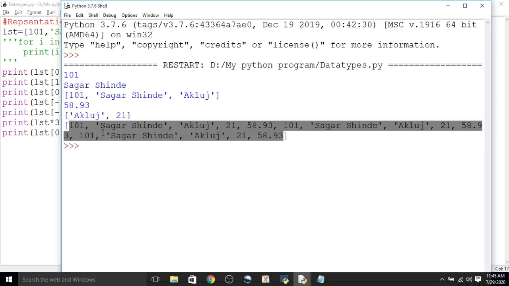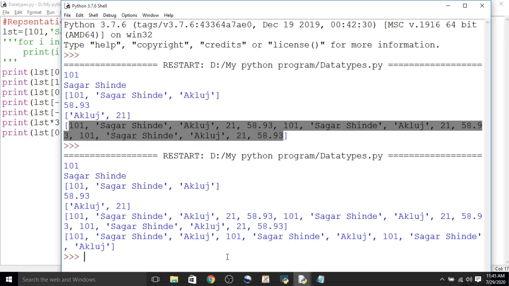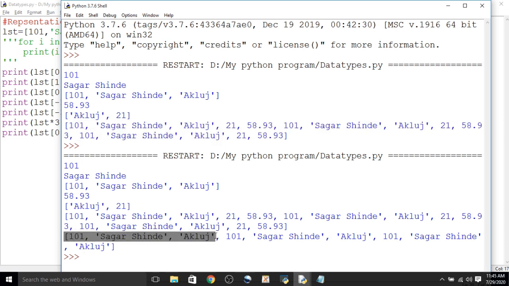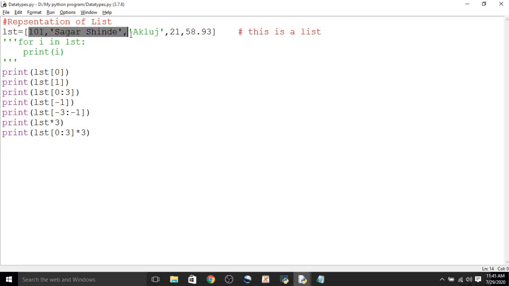Now see here: 101 Sagar Shinde Akluz, 101 Sagar Shinde Akluz, 101 Sagar Shinde Akluz. We have taken a slice of the first 3 elements and it is repeated 3 times. So we can also apply a repetition operation on a slice. So this is about the list data type.